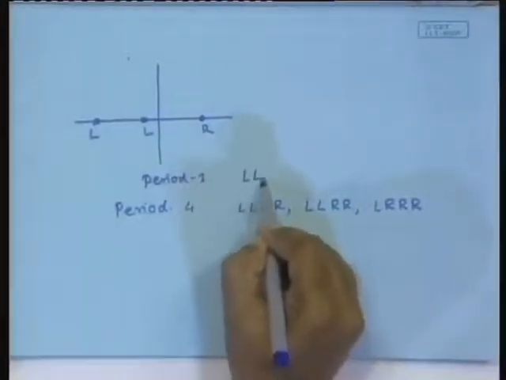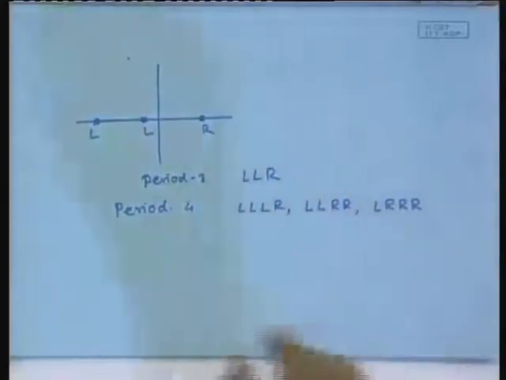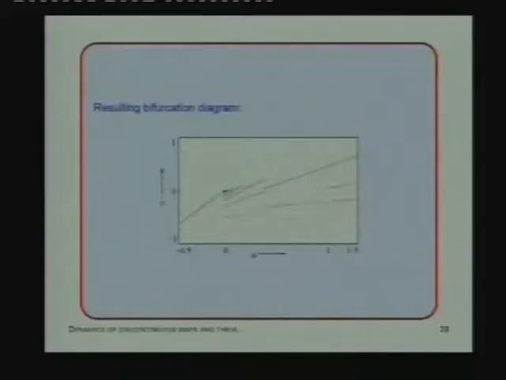Period 3, you can only have LLR, which means that there will be one range for period 3, one range for period 4, one range for period 5 and all that, and that you can calculate from those equations, and the resulting behavior is like this. There is one range for period 2, one range for period 3, one range for period 4 and so on and so forth, but that will ultimately add up to an infinite periodicity here. Okay. It is a period adding cascade which will add up to infinite periodicity, but here infinite periodicity will not imply a chaotic orbit.